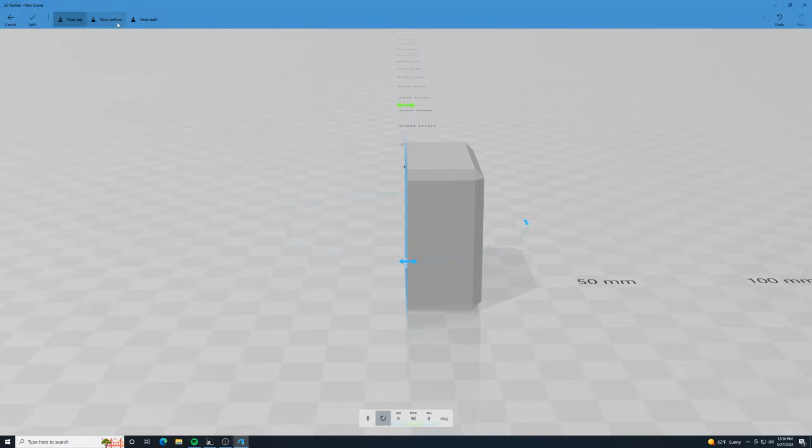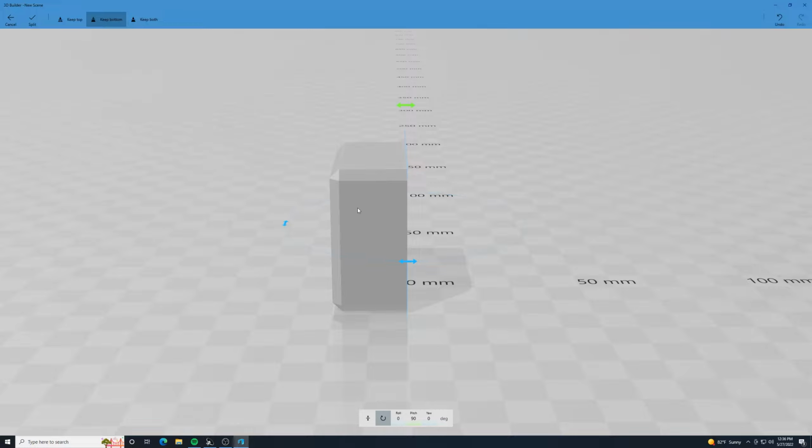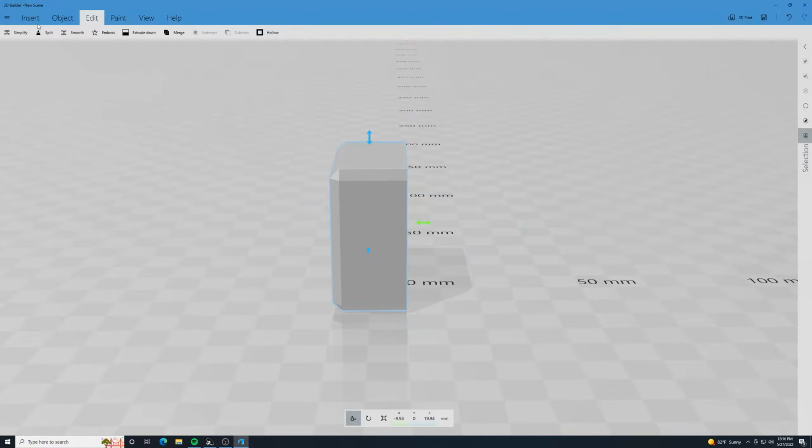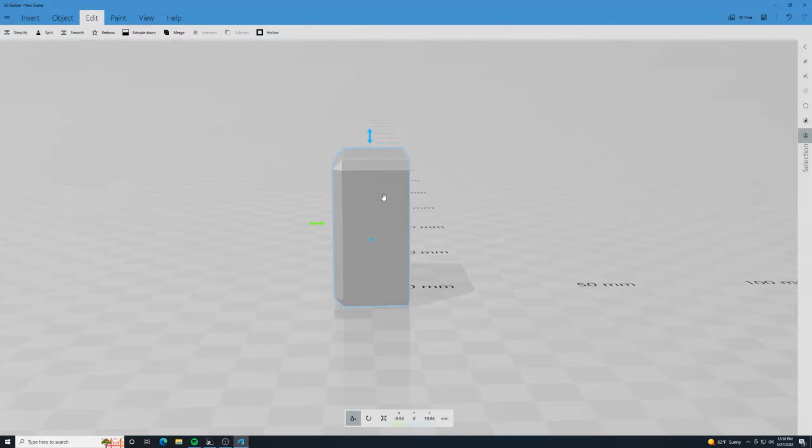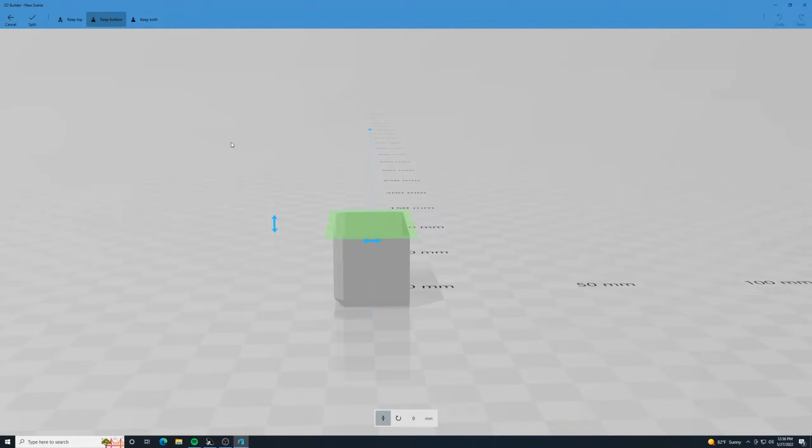Probably what I'm going to do is just keep the bottom so I can work on this left hand side over here, and then I will click split. Cuts it in half, and then doing this again, selecting split and choosing the pitch to be 90 degrees again,